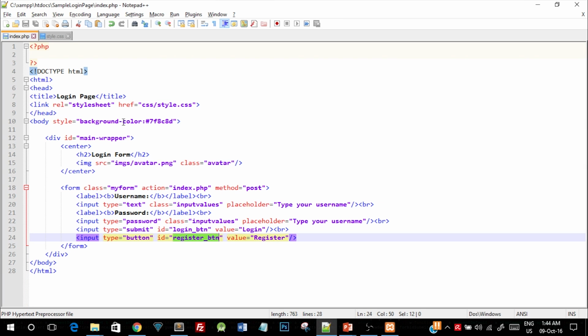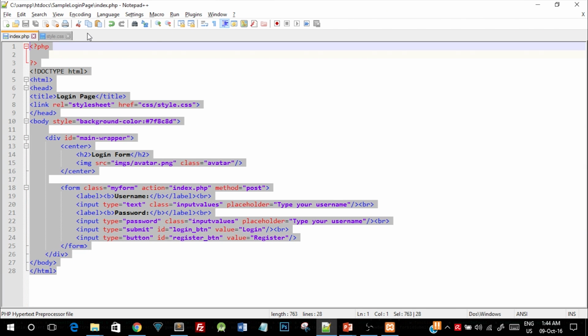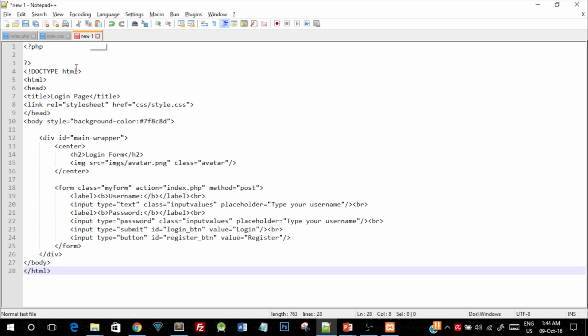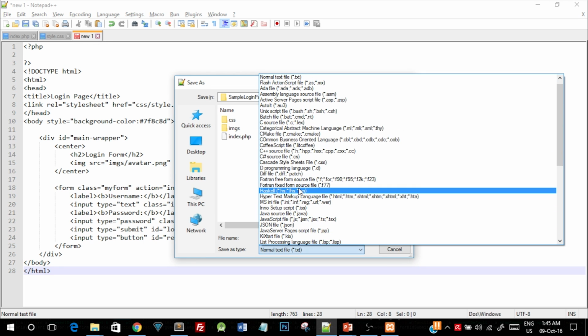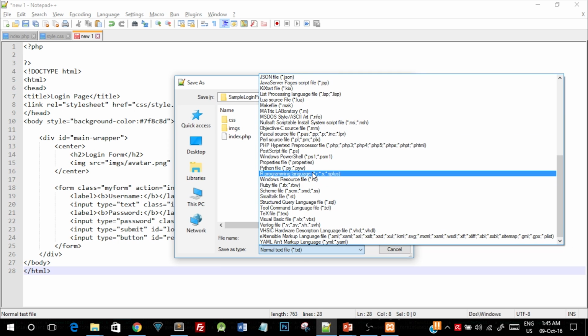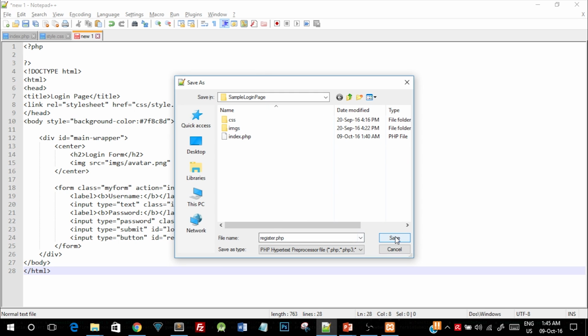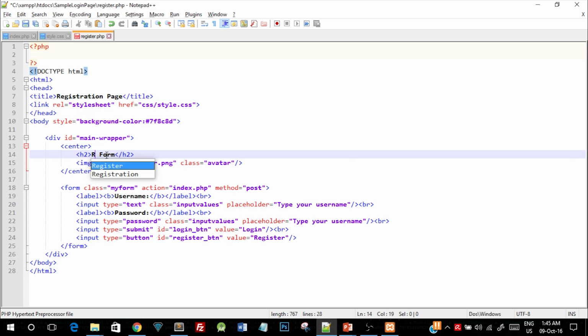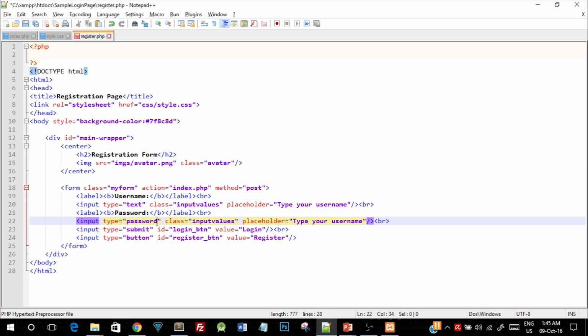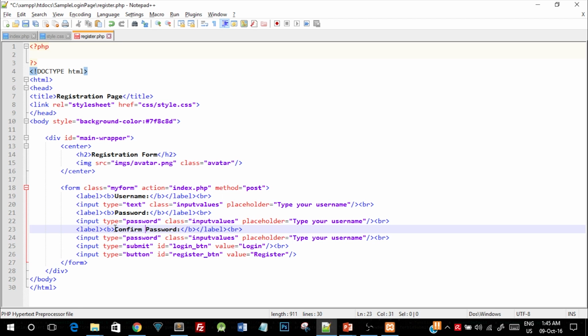So what I'll do is I'll copy and paste the entire code of the index.php file. I'll paste it in a new file and I'll save it as register, and I'll select the PHP format. So the file type is PHP. So I'll save it as register.php. Now I'll change the title to registration page. I'll say registration form, and we need to add one more label and input type. So I'll just quickly copy paste that. I'll say confirm password,